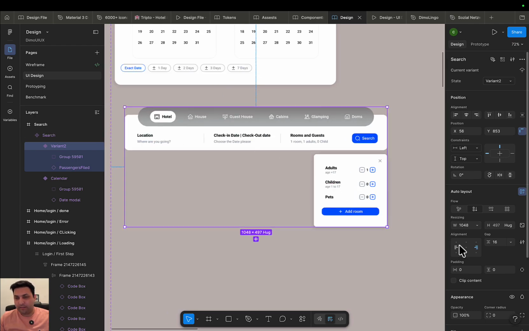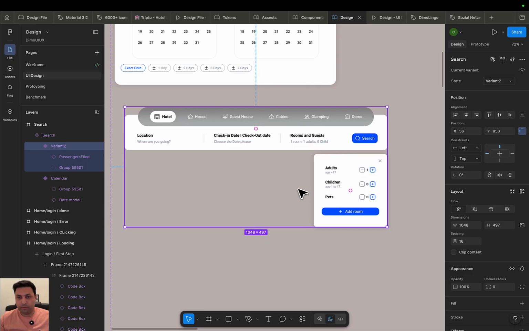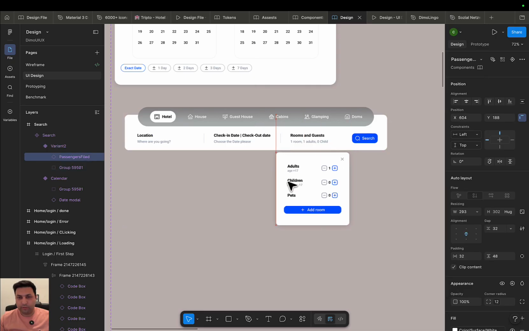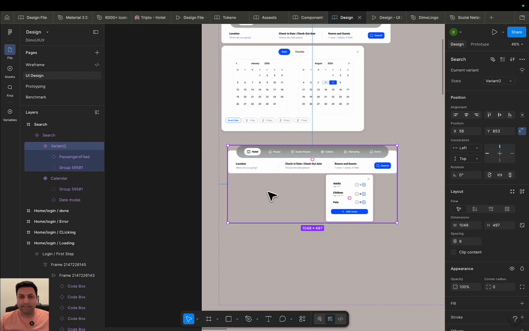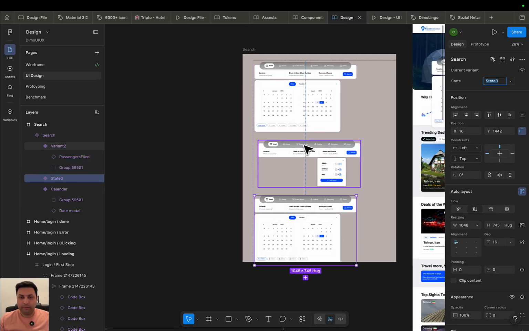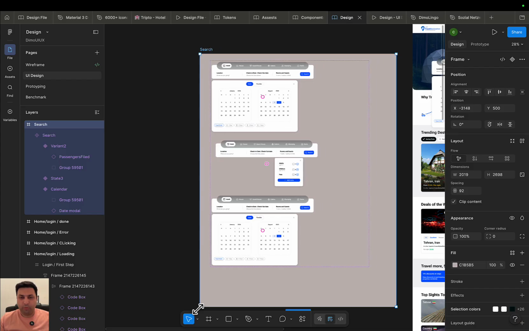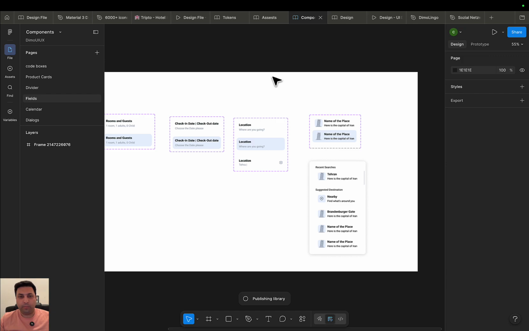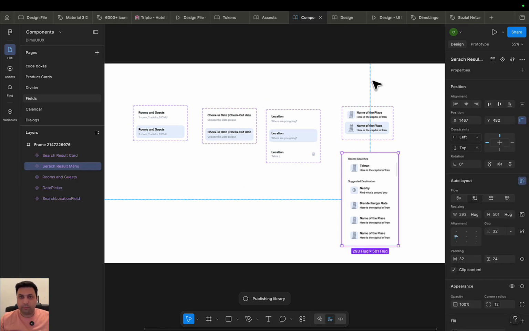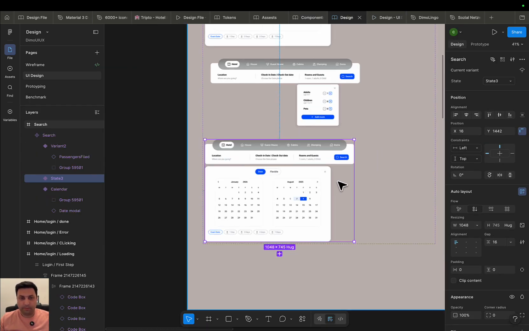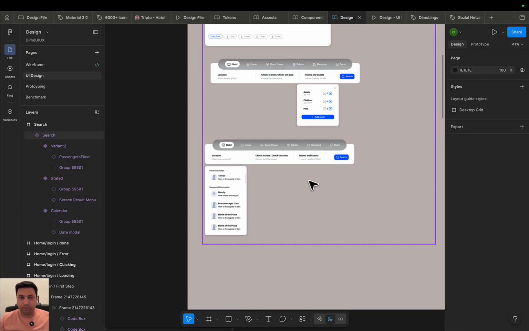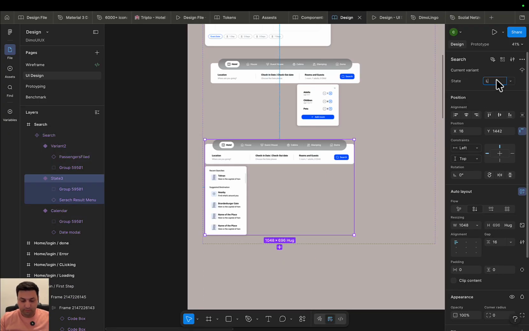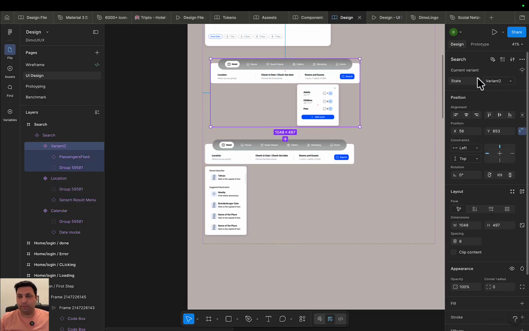Actually, I'm not happy with the auto layout, so we can say that I don't need to be auto layout. It should stay from here. And one more, that is for check date we did. That is for location. So come back here and we say that this one, bring it here, remove this part. So this is location, this is room,